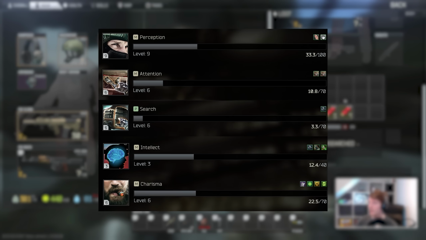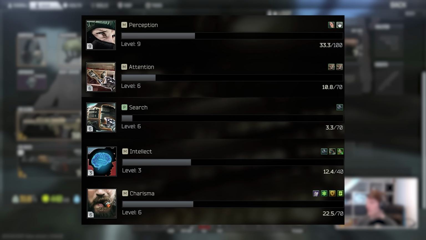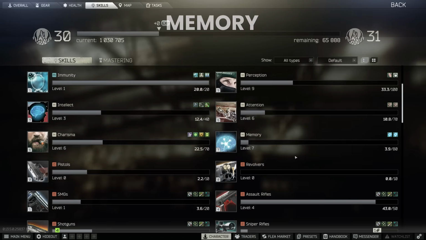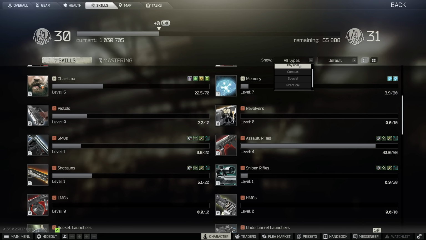I've also included intellect in this category, even though it's not quite the same, and this one levels when you craft, repair, or examine, but the reason for this is that you get charisma points for every point you gain in attention, intellect, or perception. This is very similar to health, you get half a point for each one that you get in those 3 categories. Memory is another one of these compound skills that is needed for the library, and this is gained when you gain XP in any of the physical or practical skills, which you can check in the little drop down